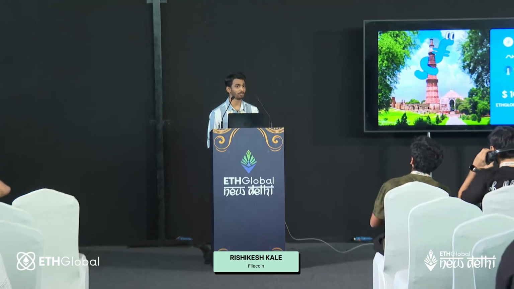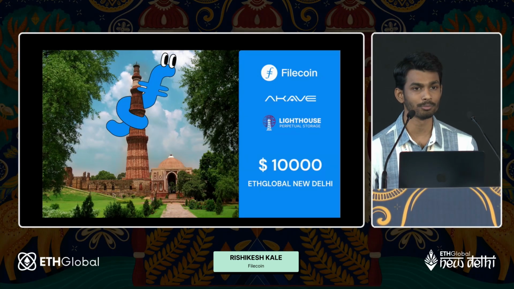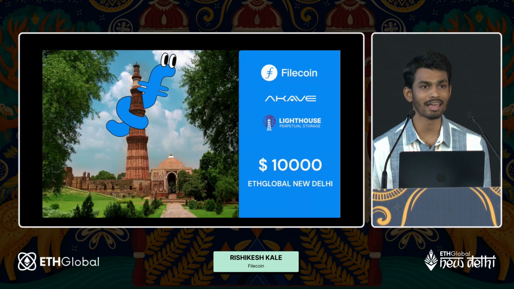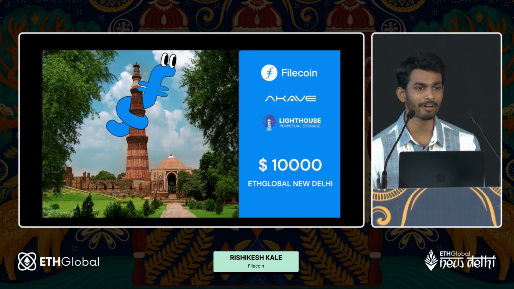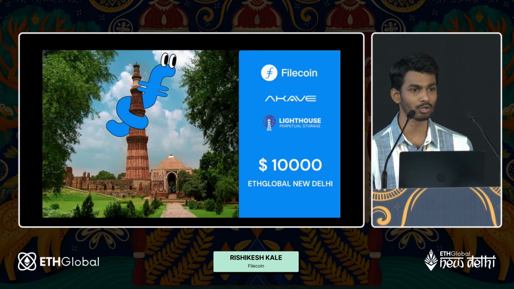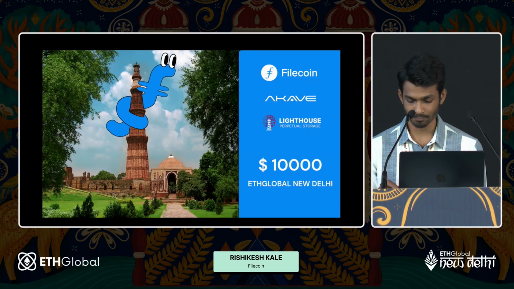Before we jump into the technicalities of what we are offering here, I would love to share some bits and pieces around it. The different tracks we have for this ETH Global New Delhi Hackathon: the first one is Filecoin, which gives you a chance to hack for a bounty prize of $5,000. And then we also have Akave and Lighthouse, which each contribute $2,500, for a total prize pool of $10,000. So if you're hacking in the AI space, gaming sector, or DeFi space, and you are looking for decentralized storage, then definitely this is your thing to use.